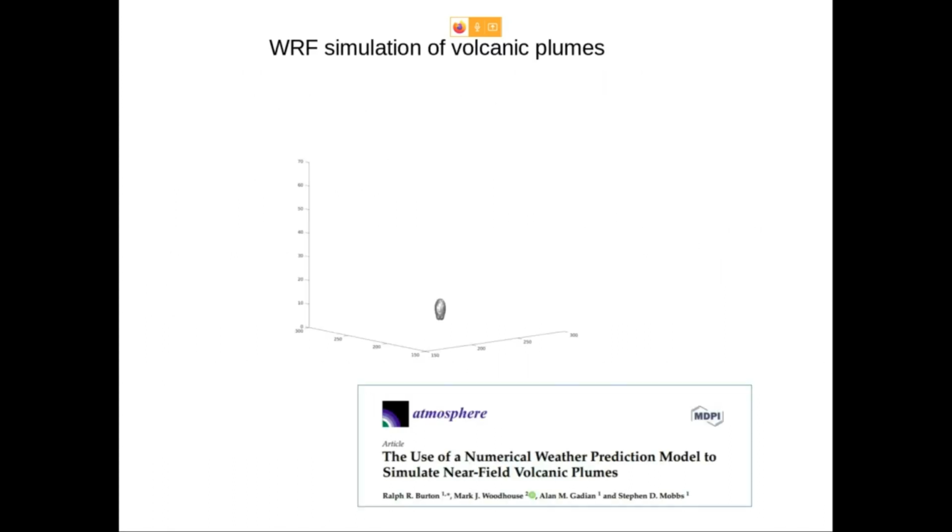That doesn't apply to the dense gas model. So this is an example of a simulation of a volcanic plume using WRF. As I say, it's initialized with a very strong surface heating, and as you can see here, it rises up, overshoots a certain level, and then spreads out at that level, and that level is its neutral buoyancy level. So it's spreading horizontally at that point, and this gives you a good representation of a basic volcanic